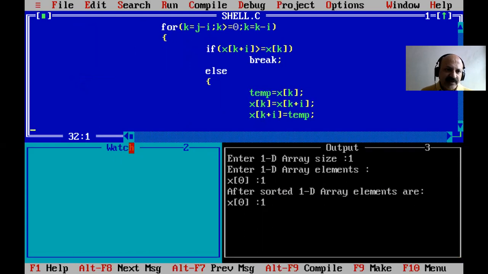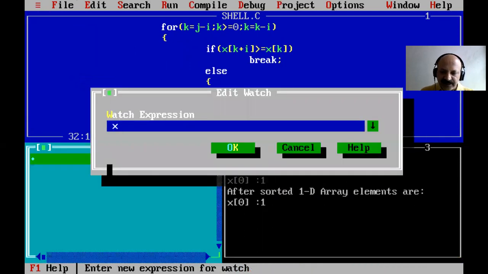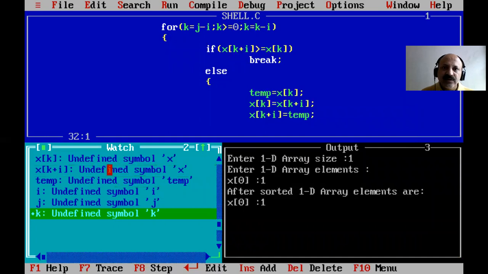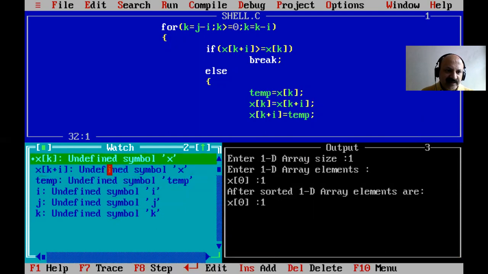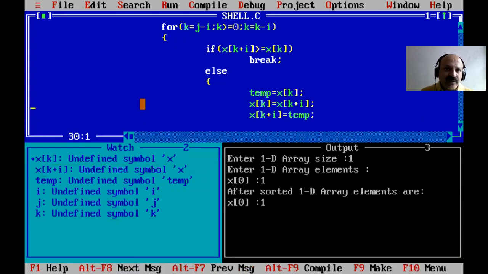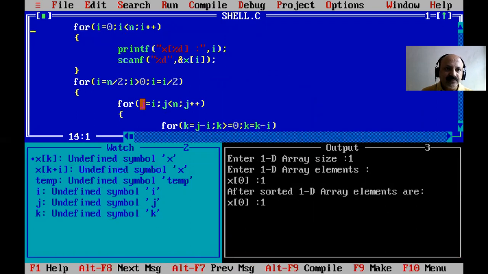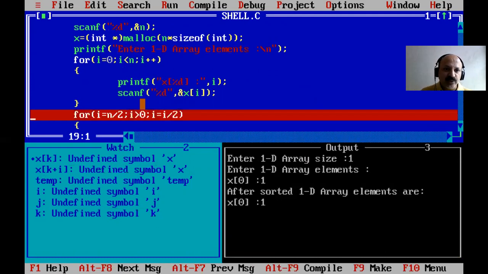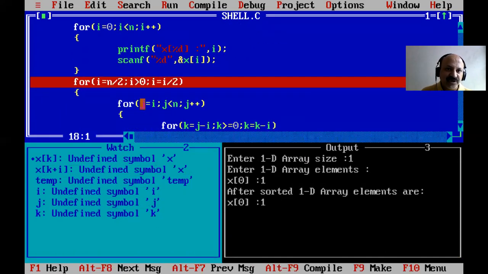So first I take here x of k, then x of k plus i, that is very important, and then the temp variable, then i, then j, and then k. So perfectly all, that is our 3 index, and that is our swap. So here I start directly from here, not all. I press Control F8 for a red line, so we can start the watch directly at our logic,